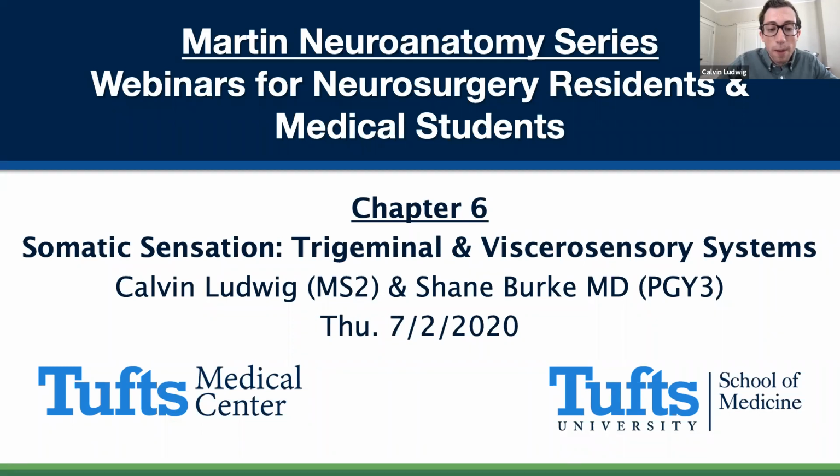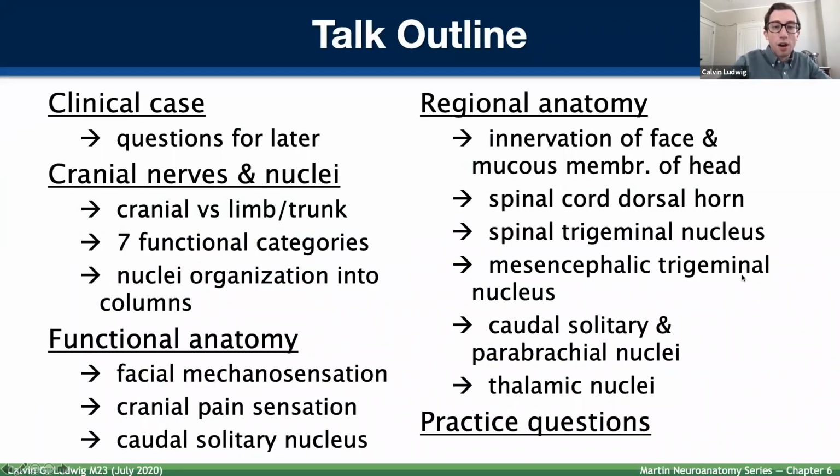Now the outline of the talk is presented here. We're going to start with a clinical case. It poses some questions that, supposing you have no prior knowledge of the chapter, you wouldn't be able to answer. So we'll look at the questions and then deal with them later when I go over that material. Then we'll take a look at the cranial nerves and the nuclei, some of the differences between them and the limb and trunk nerves. There are 7 functional categories of cranial nerves. And then finally, we'll take a look at how the nuclei organize themselves and develop into distinct columns in the